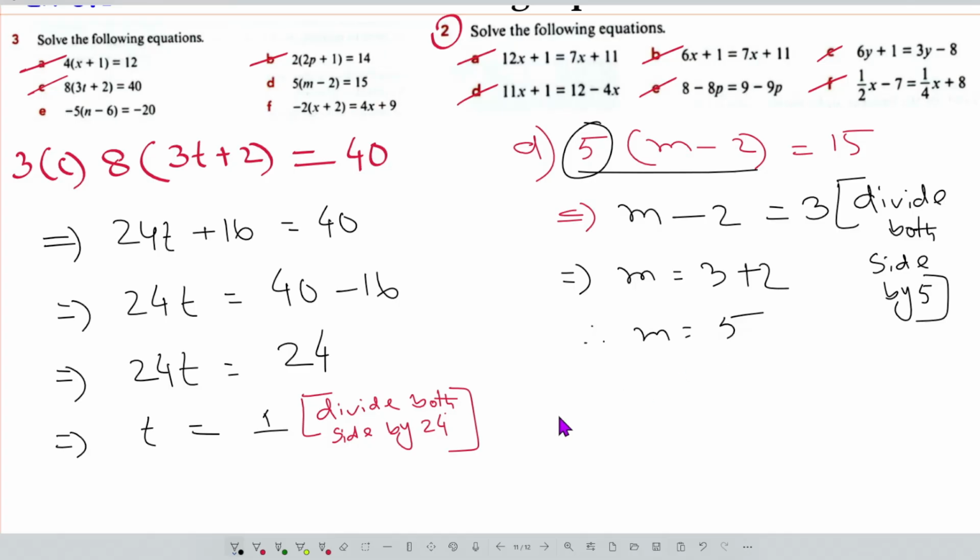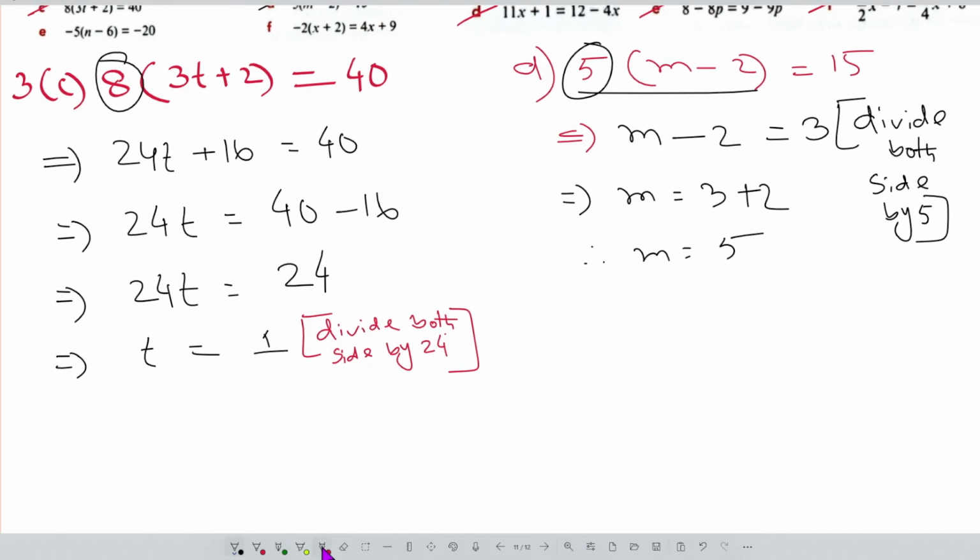5. Here also we can do a similar thing. We can divide both sides by 8, and in this case our result will be the same. So number D done. Number E,